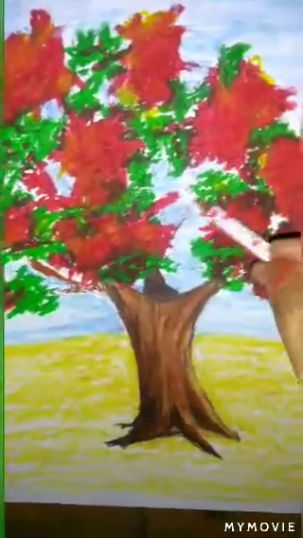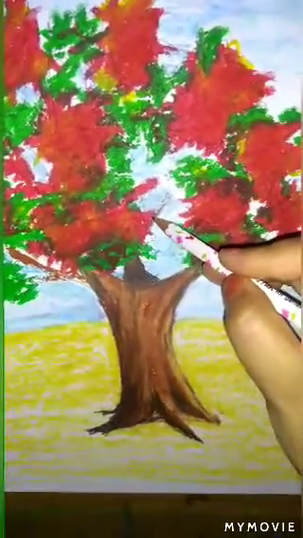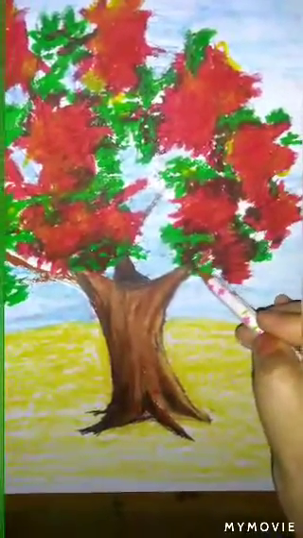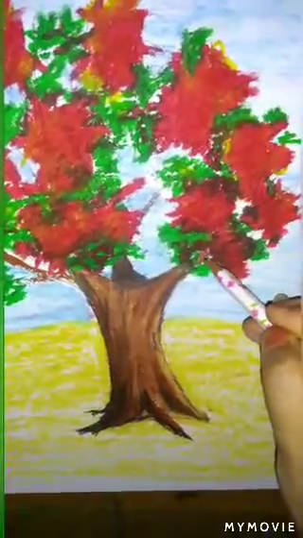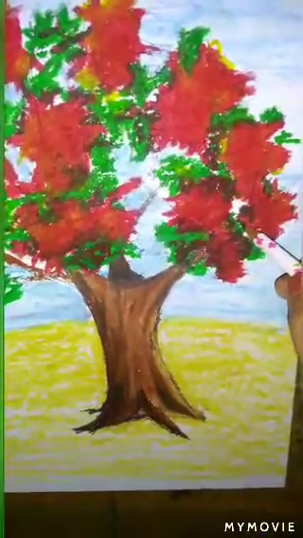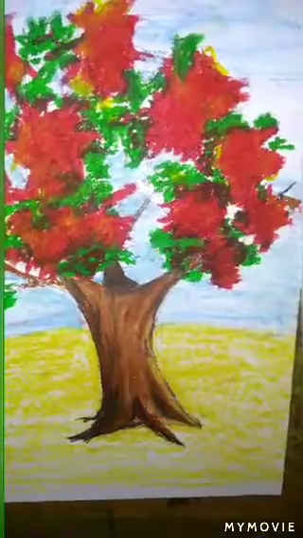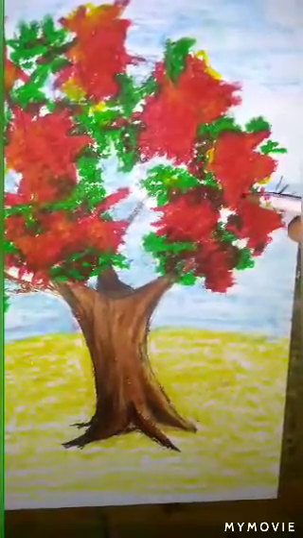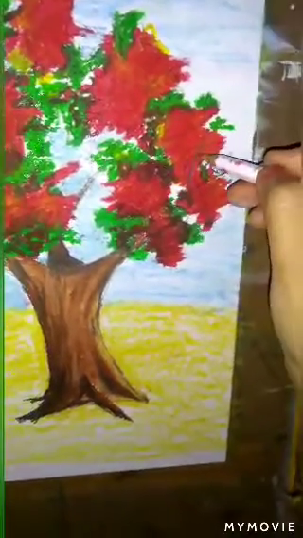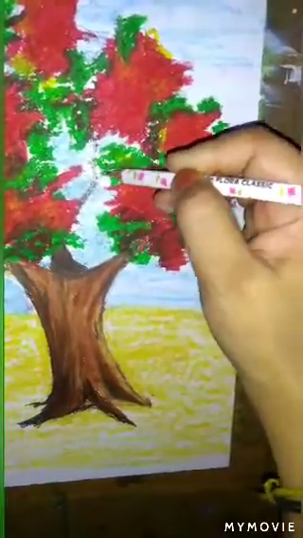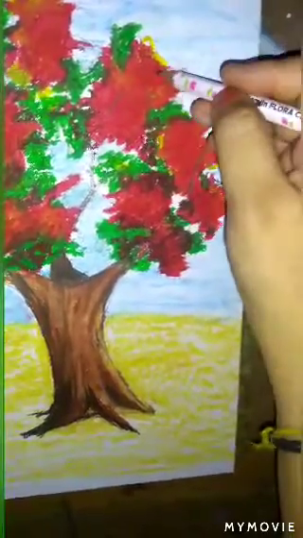Okay, now I am going to shade the branches with pencil. I am only using the pencil. If you remember, we made some branches. Now whatever is left, some branches are visible here and there, not all the branches, just a few of them.